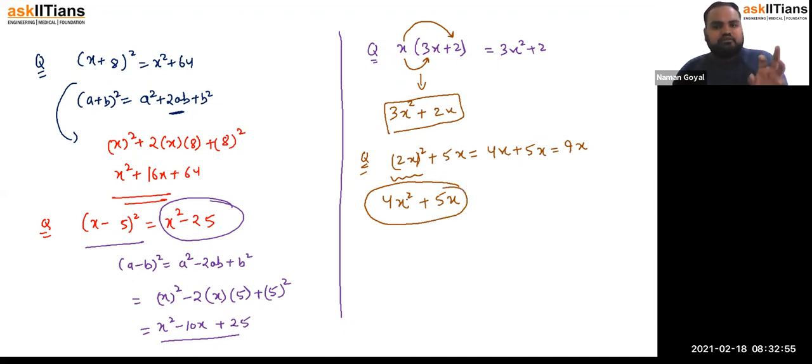So what mistake did they make? They took the square of 2, but they didn't take the square of x. They forgot about that, right? So we have to pay some more attention while doing these types of questions, isn't it? Okay, now next is,